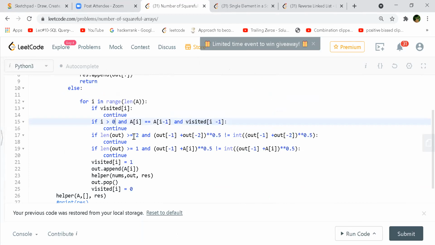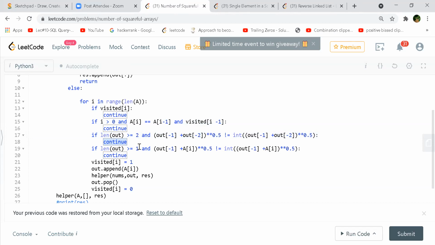Okay. And at least 2 lengths should be there, right? Because they are asking for adjacent. And here the last 2 elements I'm picking, -2 and -1, and taking the root of it. If this is not equal to this, then you continue, because that's not going to form a perfect square. Correct.